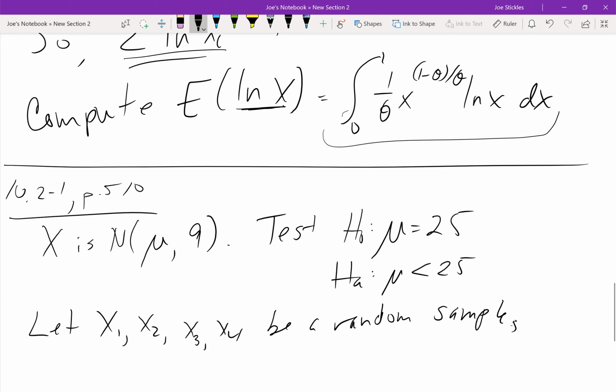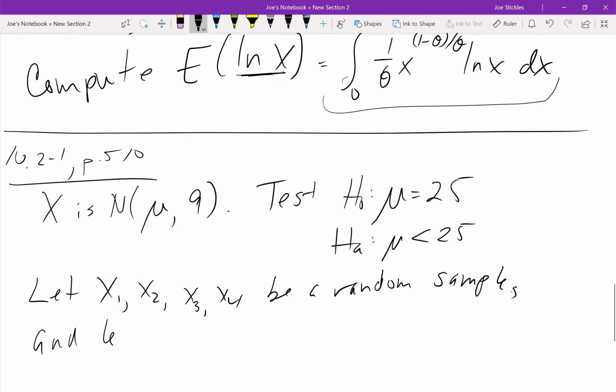And we're going to let the critical region be, so C is going to denote our critical region here. And we're going to reject if the mean of the sample is less than or equal to 22.5. All right, so when we do the power,